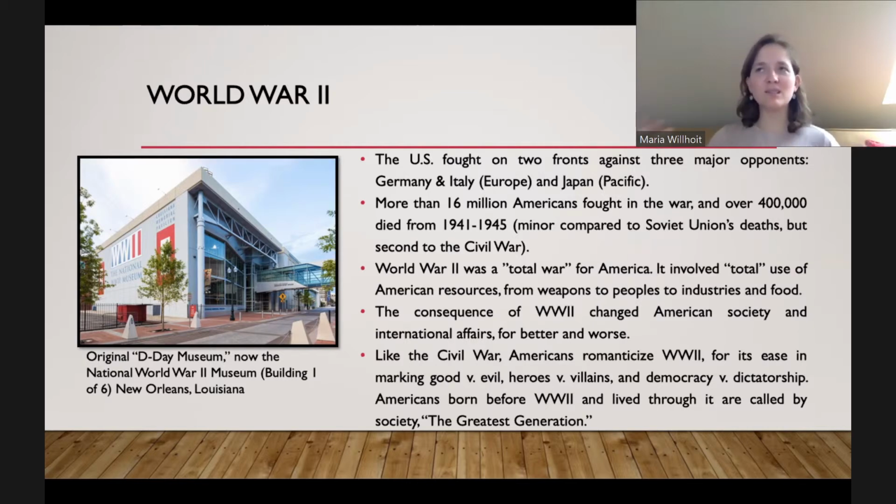So again, this is just an example of how, if I go to my mom and dad and try to have a discussion with them about Roosevelt and the Holocaust, they don't really want to talk about it. They don't really know how to talk about it. It's difficult, and they don't know a lot about it, and I don't either, because historians and American society don't want to talk about the ugly in World War II.